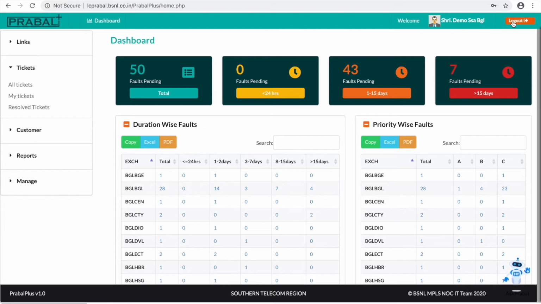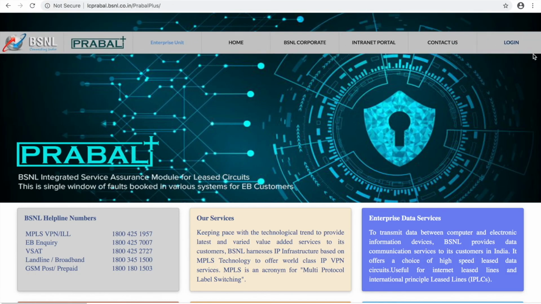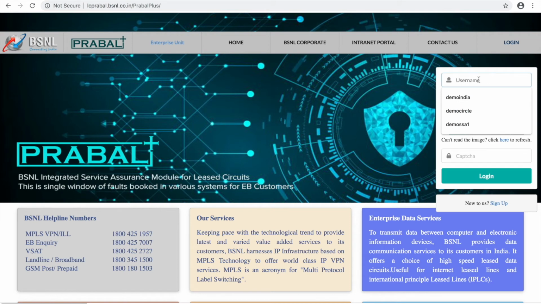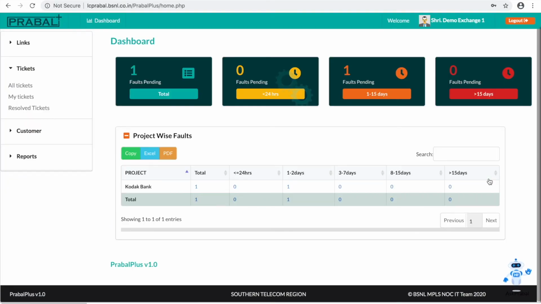So next I will show you one exchange user, that is the end user. So now I logged in as an exchange user, Bangalore East exchange user.